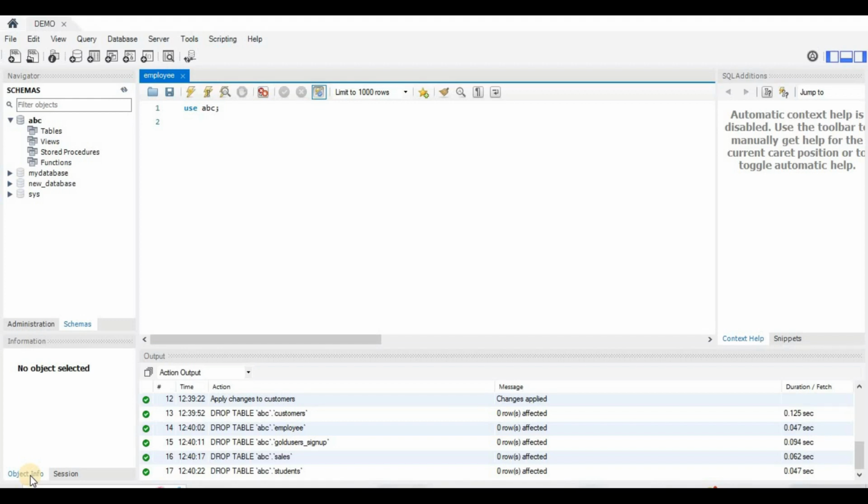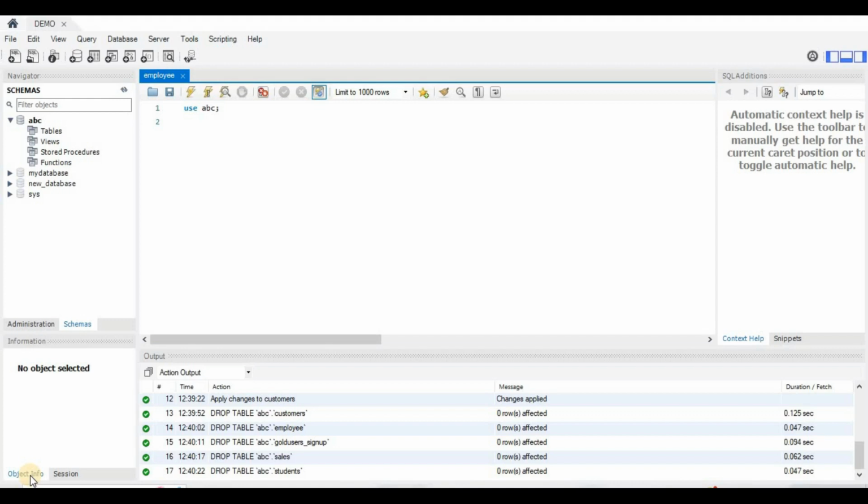Second is our foreign key. A foreign key is a column or set of columns in a table that refers to the primary key of another table. It will be connected with the primary key of another table, and it is used to link two tables. So it is basically for creating a link between two tables and to enforce integrity between them. A foreign key can be created by using the foreign key constraint. A foreign key can have the same name as the primary key, but it is not mandatory, we can change it also. So this is the way we can create a foreign key and a primary key.